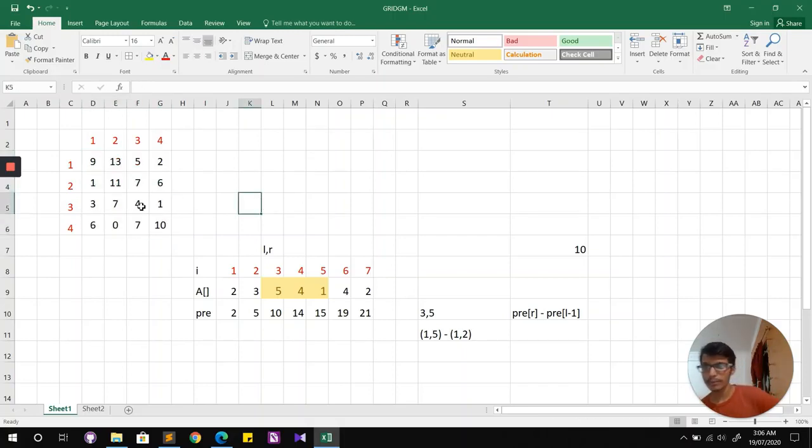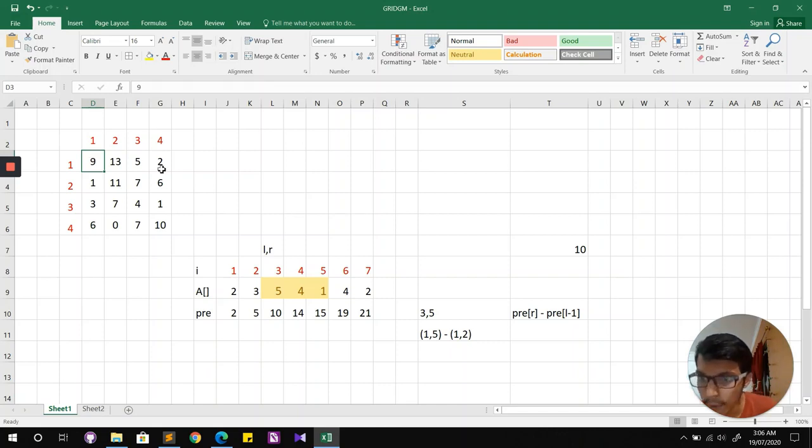So what if for every point you magically knew the sum of the rectangle starting at 1 comma 1 and ending at that point? Will it help? Let us see.